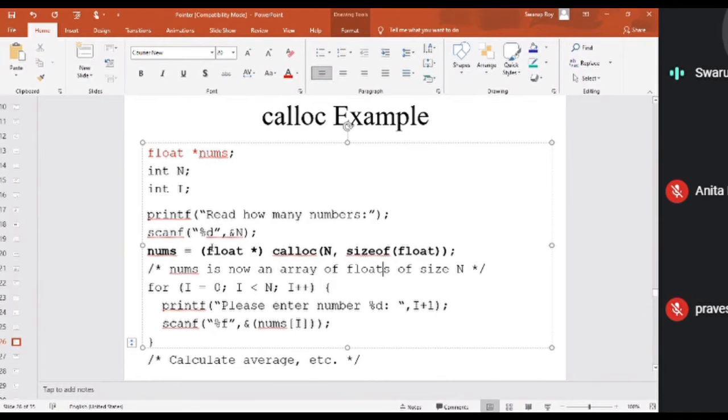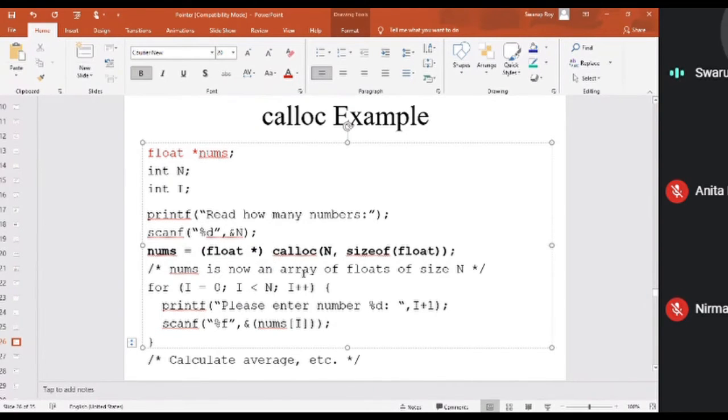Here I'm doing something. What is that? This is called typecasting. Why typecasting?